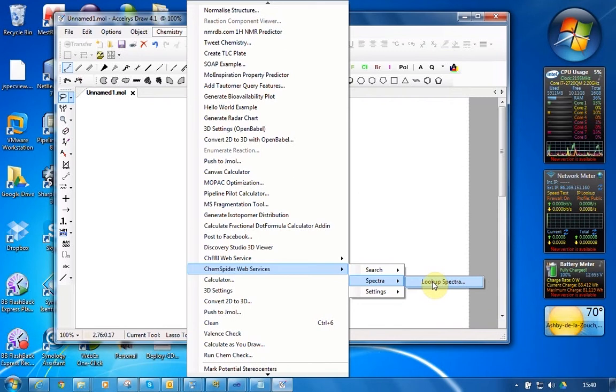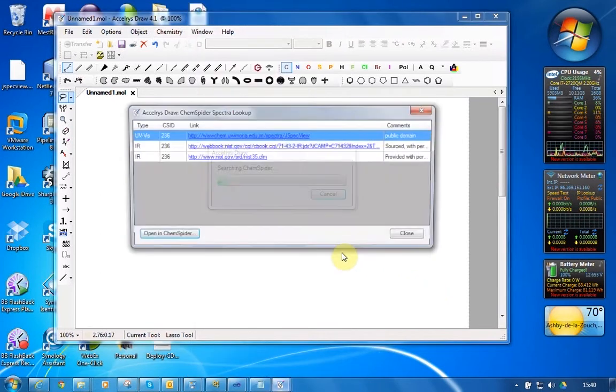We can do a search. Initially it does an exact match search using the structure that's on the canvas, gets a ChemSpider ID for that. Then it uses that ChemSpider ID against the Spectra web service to see if there are any Spectra. Obviously, if it doesn't find a ChemSpider ID for the structure, then you're not going to find any Spectra at all. So if I just show you how that works, I click on Look Up Spectra, and